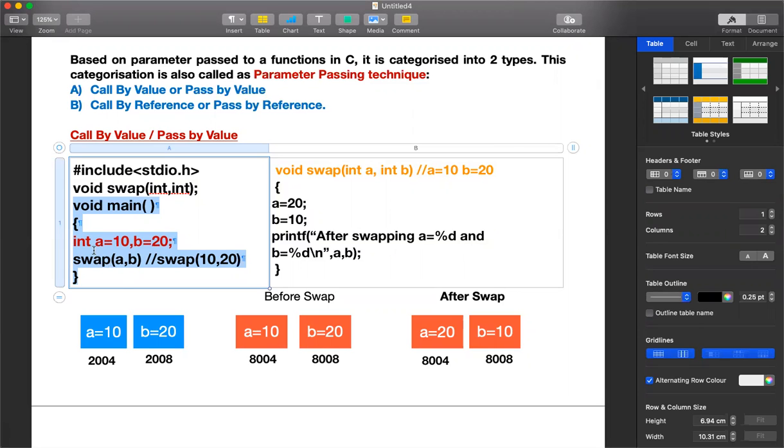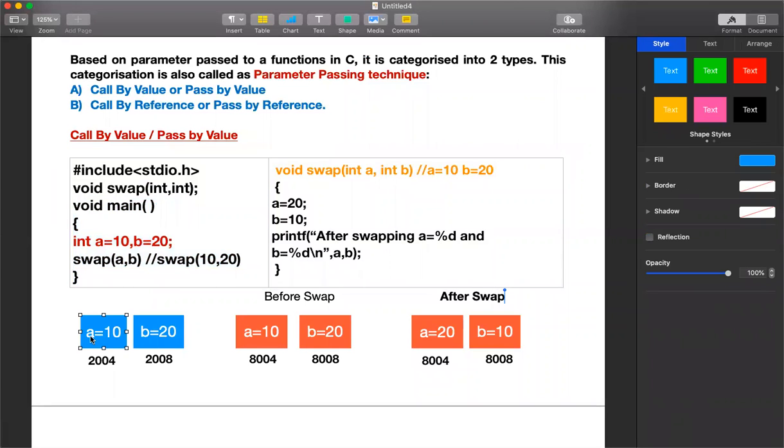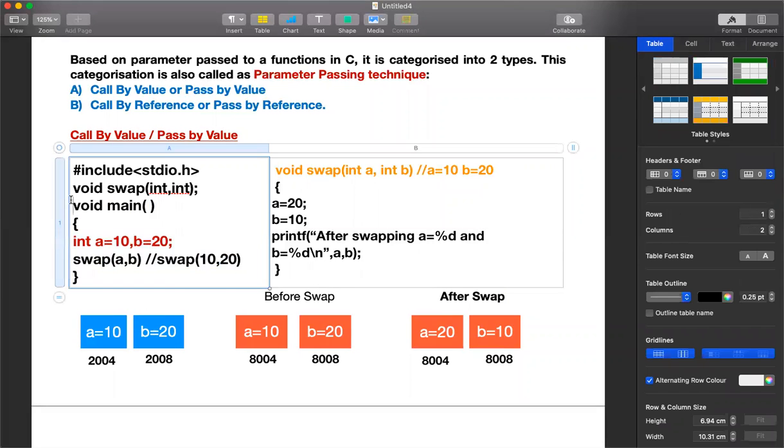So we are taking two variables, int a is equal to 10 and b is equal to 20, and the value of a and the value of b are passed to the function swap. As soon as it encounters these variables inside main, if you can see this image, the variables a and b are the actual parameters, and a and b are local to the main function, so they can be used within the main function.